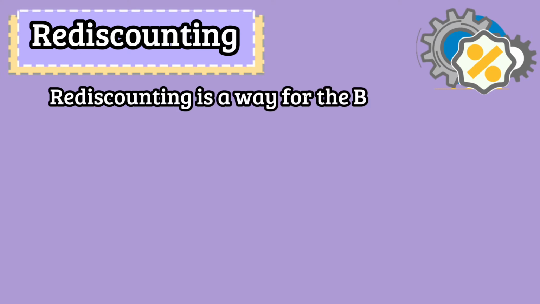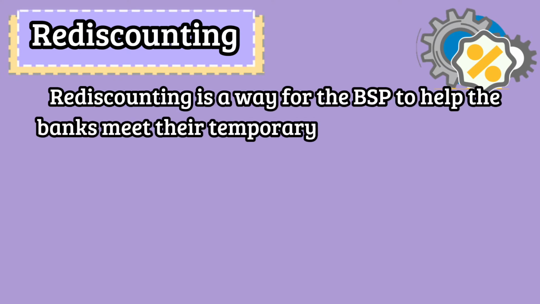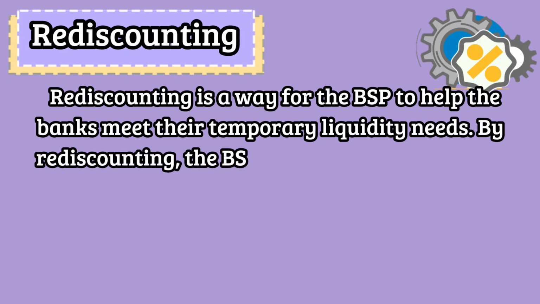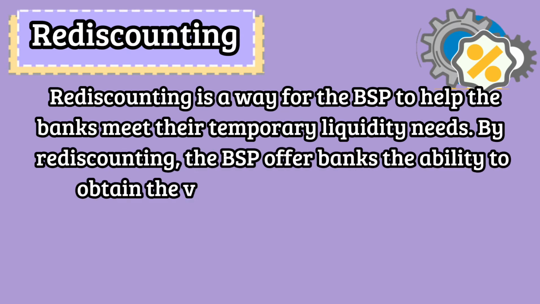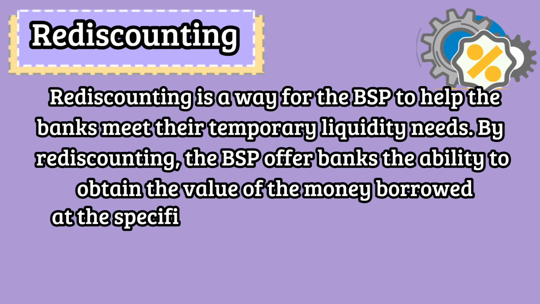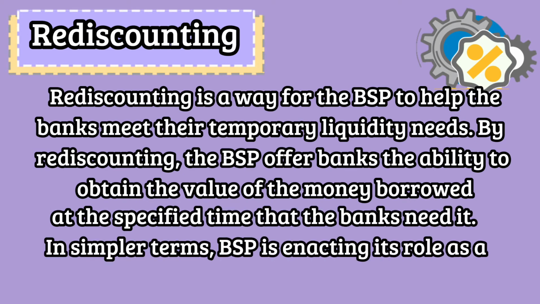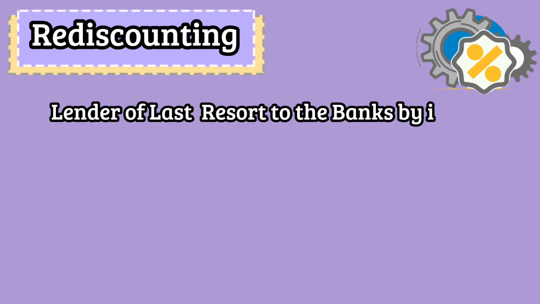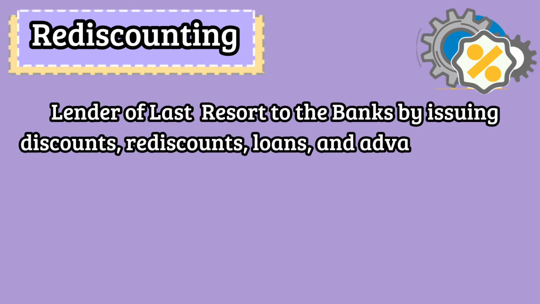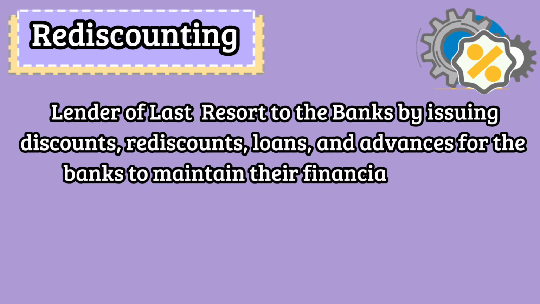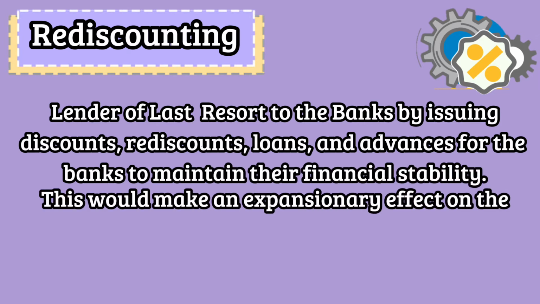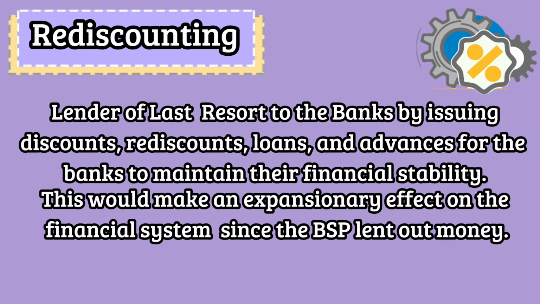Rediscounting is a way for the BSP to help the banks meet their temporary liquidity needs. By rediscounting, the BSP offers banks the ability to obtain the value of the money borrowed at the specified time that the banks need it. In simpler terms, BSP is enacting its role as a lender of last resort to the banks by issuing discounts, rediscounts, loans, and advances for the banks to maintain their financial stability. This would make an expansionary effect on the financial system since the BSP lent out